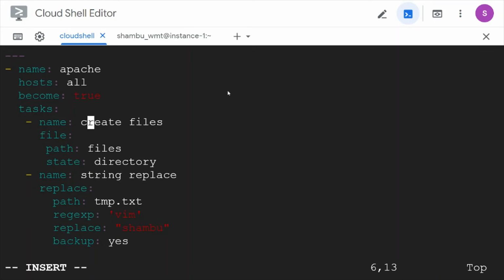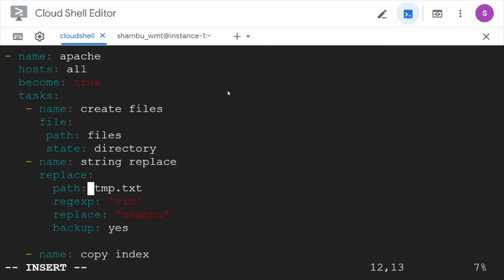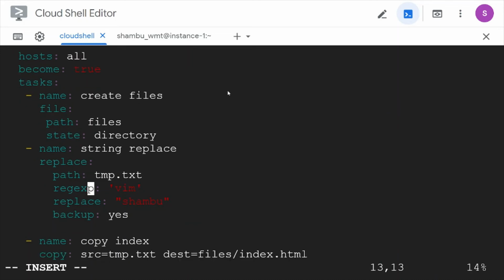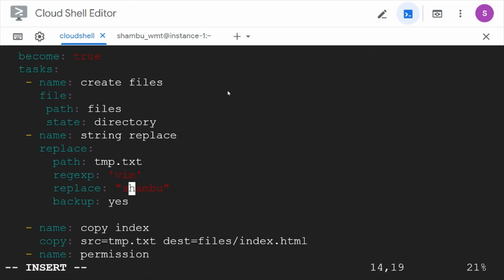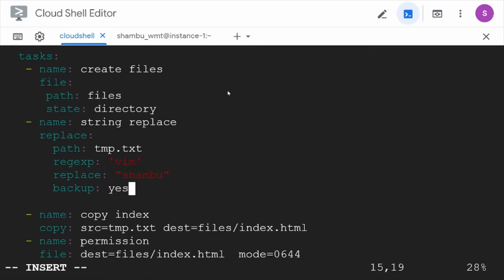We used a file module, the same module I'm using here to create a directory, and I'm using a replace module to replace a string. Actually in a file called temp.txt I just put the man page of vim. So wherever it finds the vim string in this file, it will replace it with my name, and before doing the replace it will take a backup.